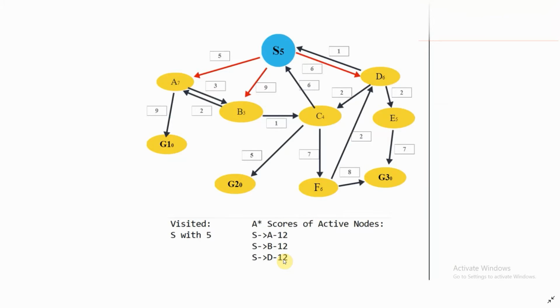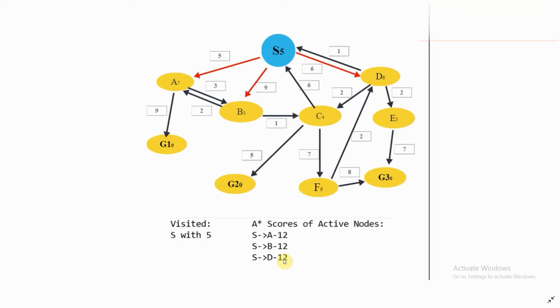Now let's start from S. We can go to A, B or D. But which city to go first? We decide that by assigning each city an A star score. A star score of a city is the path length of the city from the source city plus the heuristic value. If this is the case, you can see that the A star score is an approximation of the path length had we traveled to our goal along this path. So obviously we would choose the city with the minimum A star score.